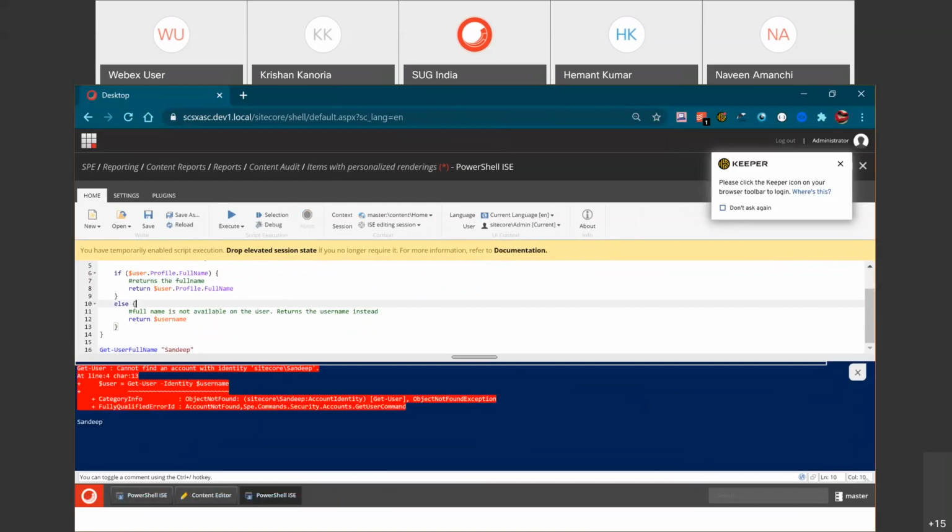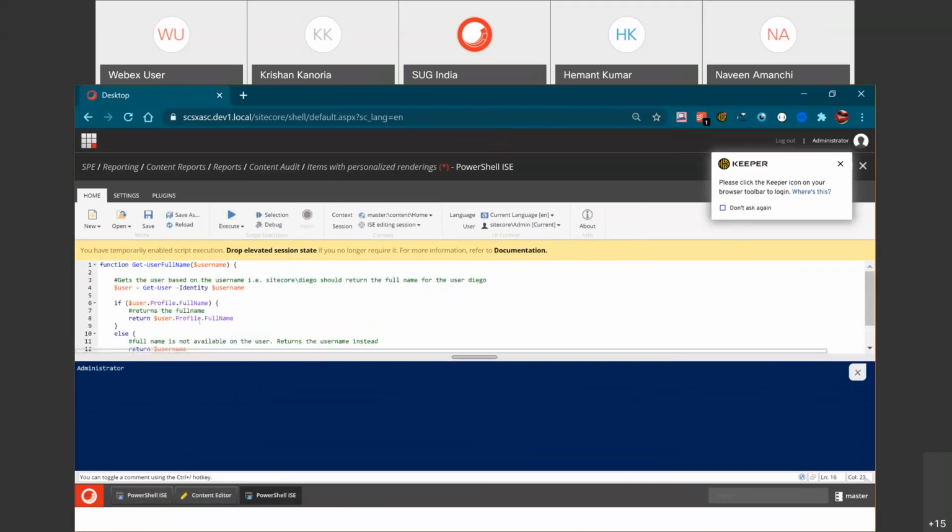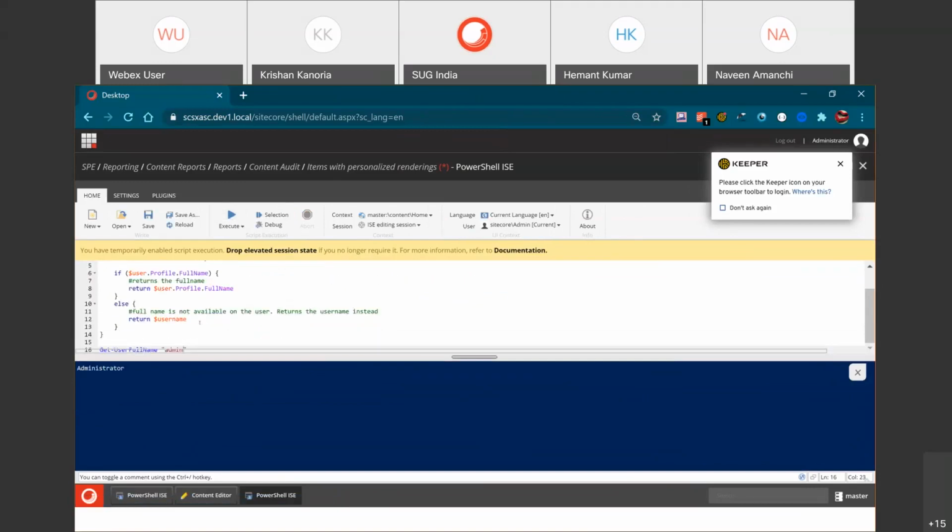It says it cannot find an account, so I can handle this error as well in future if required. But let's say I should have at least the admin user. Okay, it gave me the full name of this user. So this is how functions work. This is called a basic function.